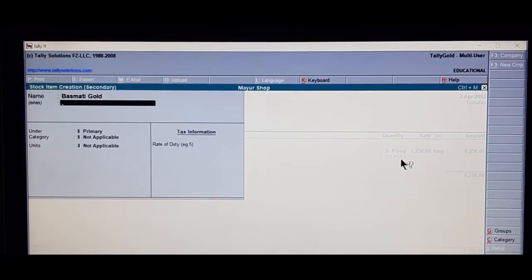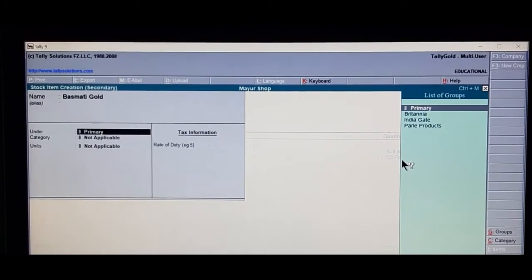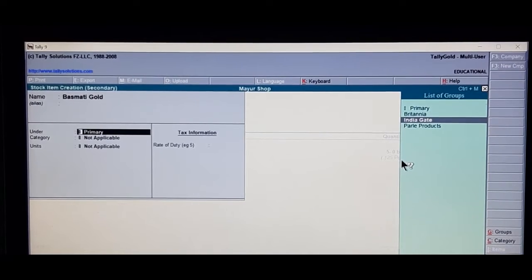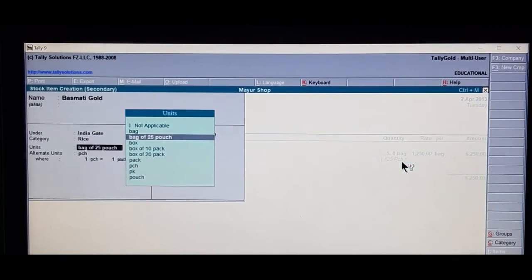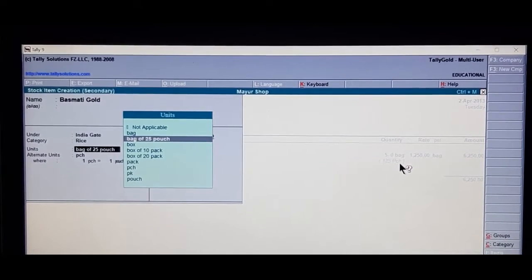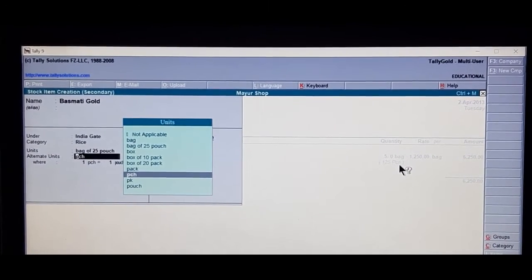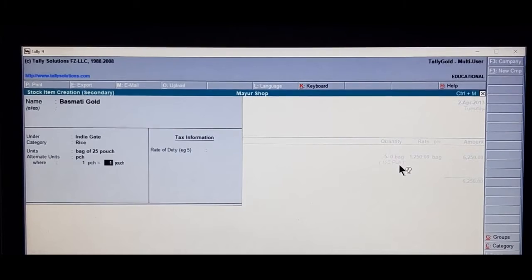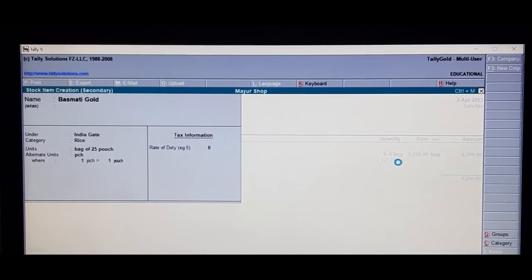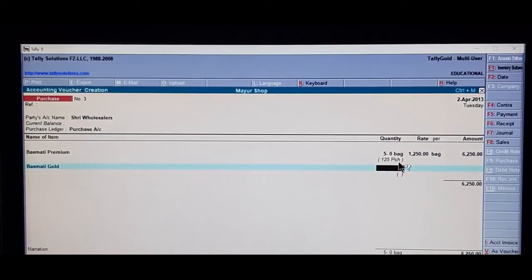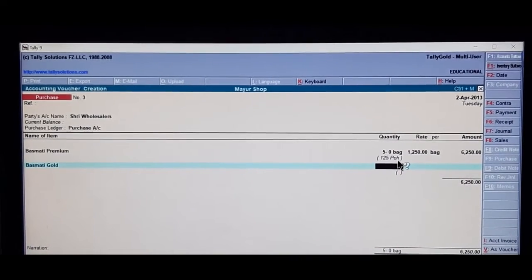Alias is optional and this has to be allocated under the group India Gate. Category will be rice. Bag of 25 pouch. Alternate PCH. 1 PCH is equals to 1 pouch. Accept, press Y from the keyboard. Quantity is 3 bags.